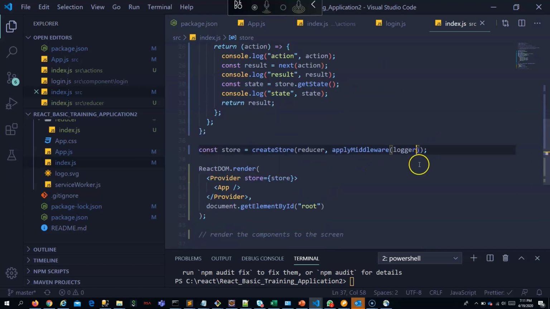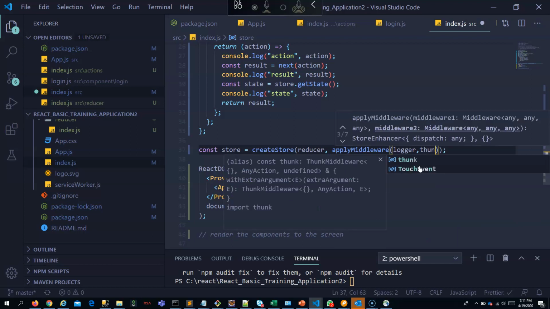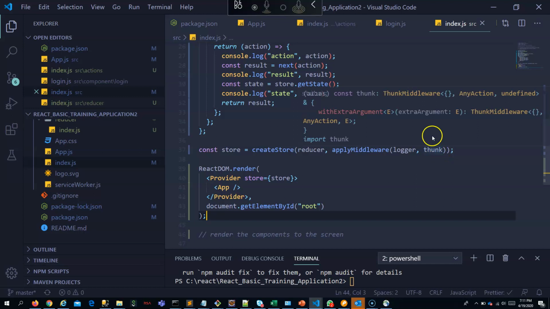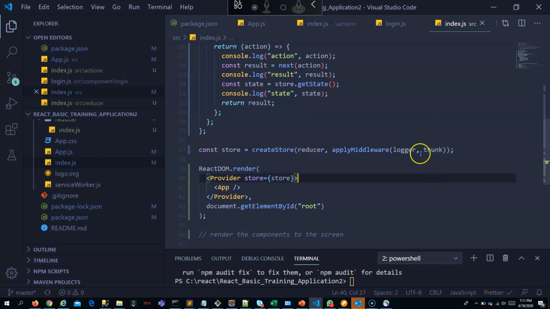There you add this thunk also. Now I have added the thunk as a middleware.